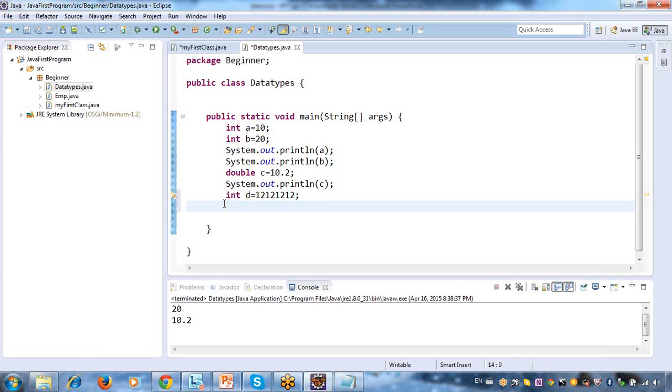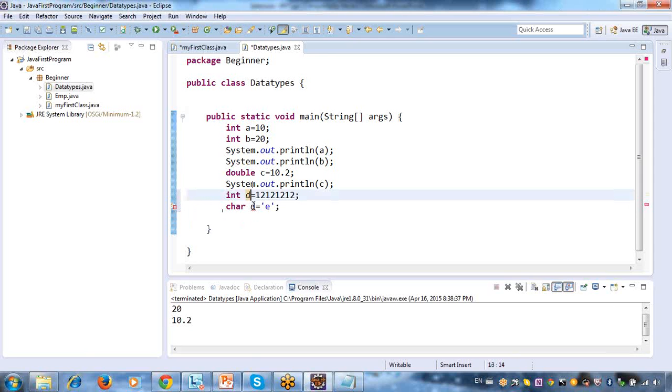And then characters. Now I want to store some characters. Then you can use a data type called char. If you see here, even though I declared it the correct way, it is showing the error message, because whenever you are creating variables, you can use a name only one time. You are not supposed to use it multiple times. Already I used my D, and again I am trying to use it. That's the reason it is throwing the error message.